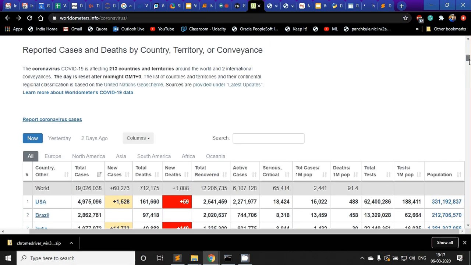It keeps updating for different time zones. I have created a very simple scraper to scrape this data. Before that, let's see how a scraper works.